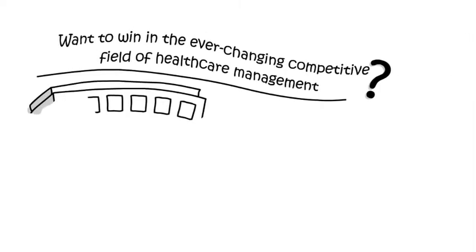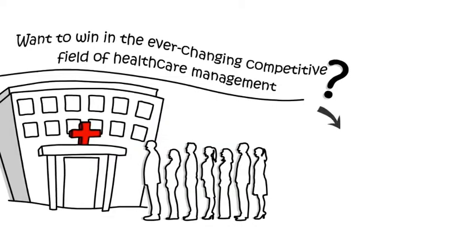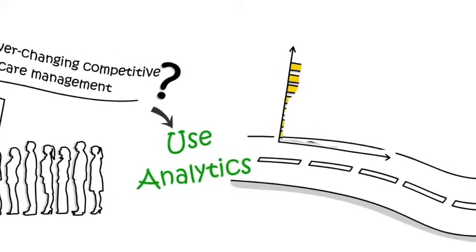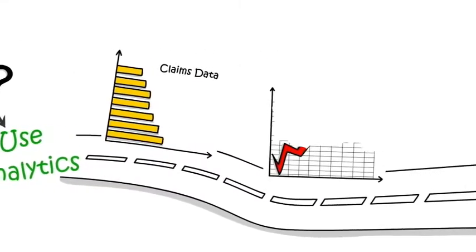Do you want to win in the ever-changing competitive field of healthcare management? First of all, you've got to get in the game. You've got to use analytics. The path from merely providing care to expertly managing health begins with accumulating the best data on your patients and